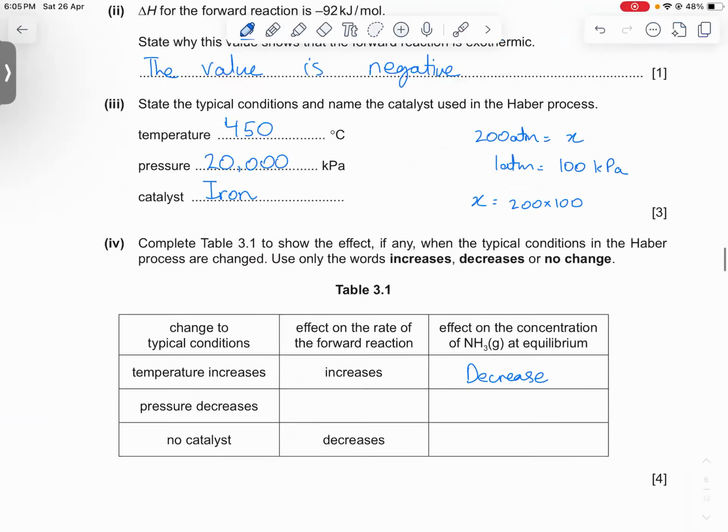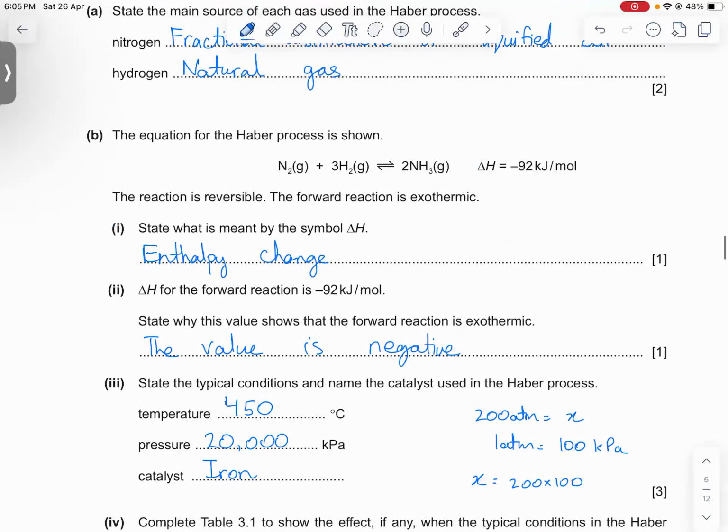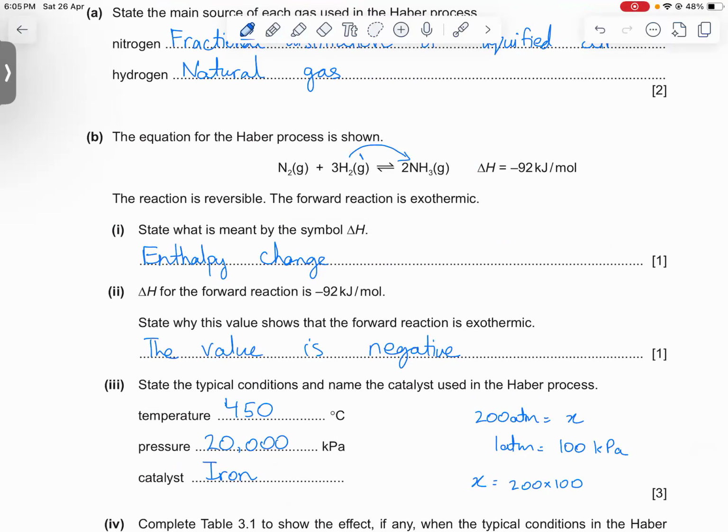If we decrease the pressure, what would happen? So you know that the forward reaction is exothermic. I'm just showing you how you could have done it. You write like this exo, you write like this endo, and the forward reaction is exothermic, which means that delta H is negative, right? And an increase in temperature causes the backward reaction more, right? It does increase the rate of reaction because an increase in temperature always increases the rate of reaction, but the yield will be less because the endothermic side will be favored.